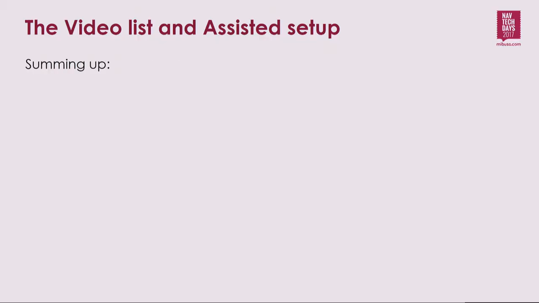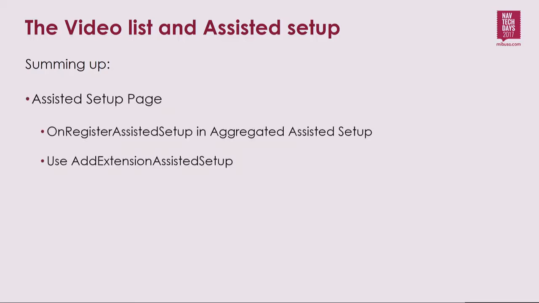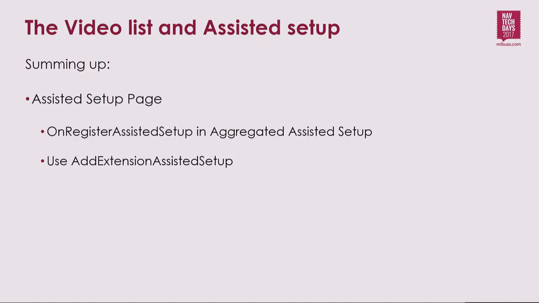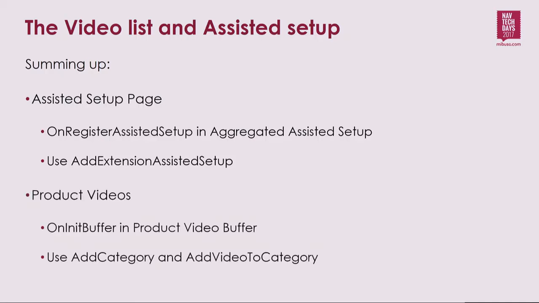So to sum up what we saw in this demo, the important part is that a new entry in the system setup page can be added by subscribing to the register assisted setup event, and that event exposes a series of methods on the same table, and we can use the add extension assisted setup method to add a new entry, while for adding